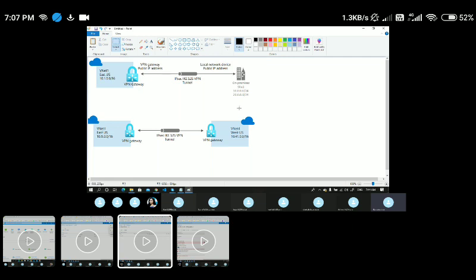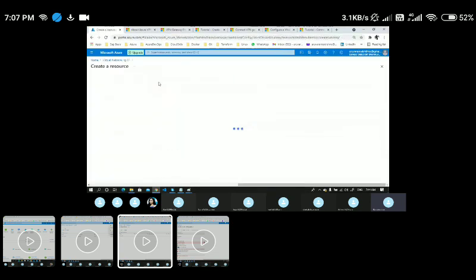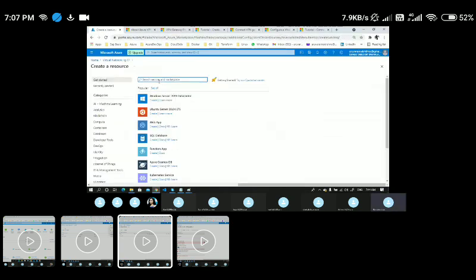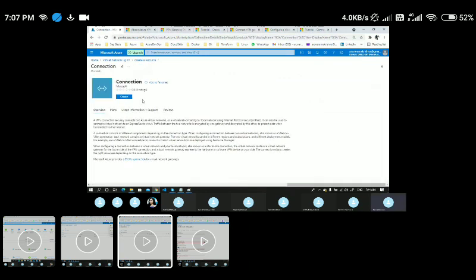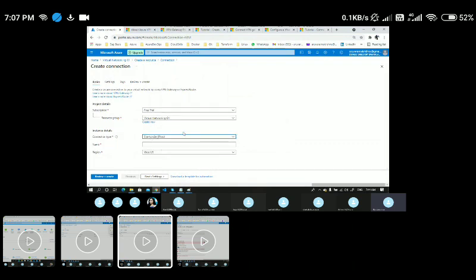So when you raise a request, and once you have these two, same as before, I will go to the connections and choose the connectivity type as site to site. If I go to the connections again and click on create a connection, here is the connection type. Earlier I chose VNet to VNet, right? So this time I can choose site to site.